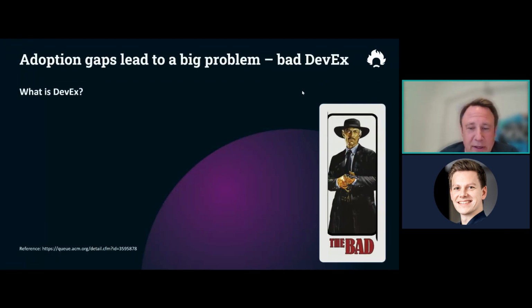But what in the end is developer experience? If the assumption is that cloud native can have a negative impact on developer experience, how to define it? And actually, it's pretty simple. It refers to how easy or difficult it is for a developer to perform essential tasks needed to implement a change. And when you increase the complexity, then even simple tasks or tasks that were simple before can become more complicated and difficult to manage. And a positive developer experience would mean that these tasks are relatively easy to manage for the team.